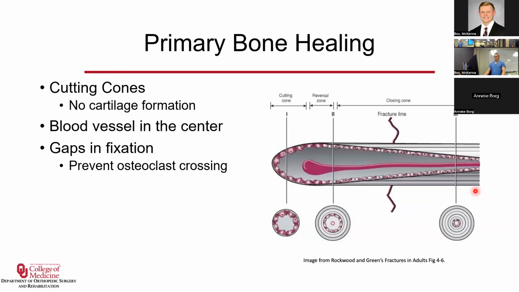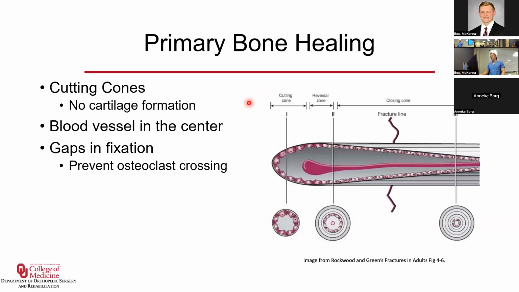So then, primary bone healing. Primary bone healing occurs whenever compression is generated across the fracture site. Compared to secondary bone healing, where you break, put them in a splint or a cast, and they heal with the callus, primary bone healing is when you end up with compression between the fragments, and it forms these things